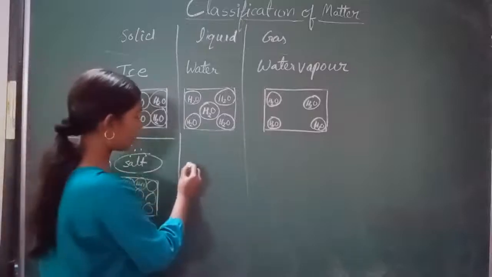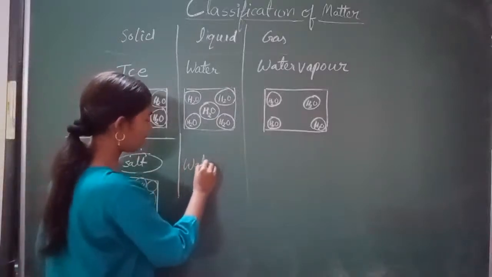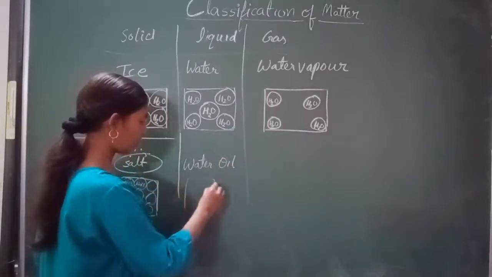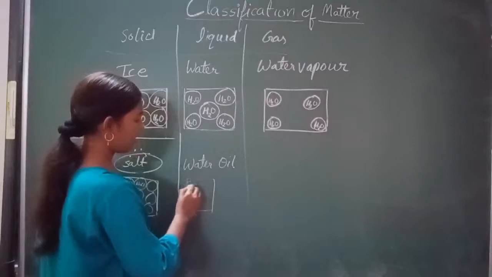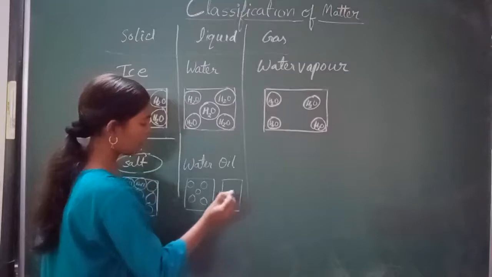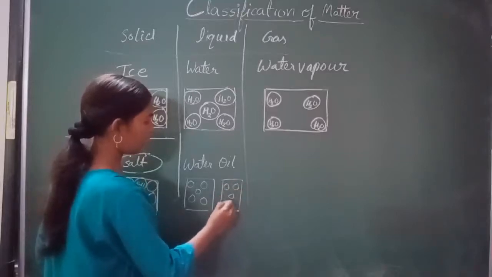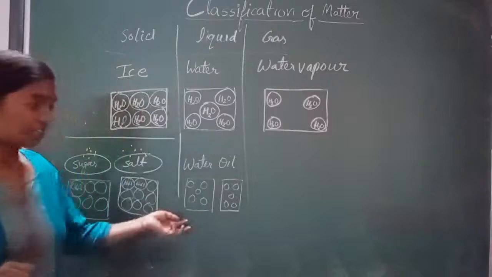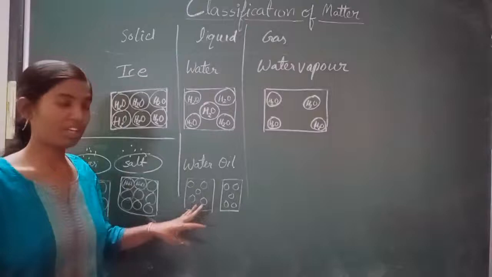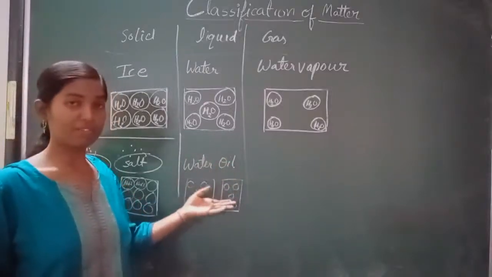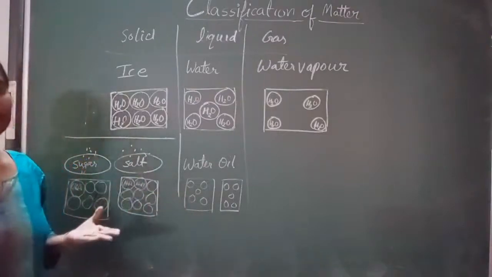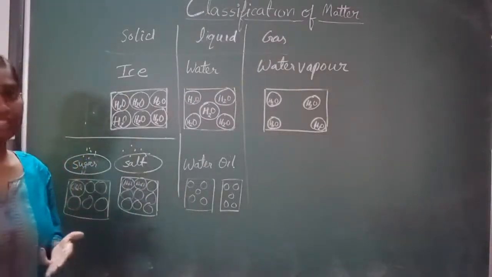Now come to one more example. I have taken water and oil in one glass. In water, the molecules are this much far away from each other. In oil also, the molecules are this much far away from each other. So are they the same? No, they will be different, because water has the formula H2O and the oil we have taken will have a different formula. So again we need to redivide into other categories for a higher level.